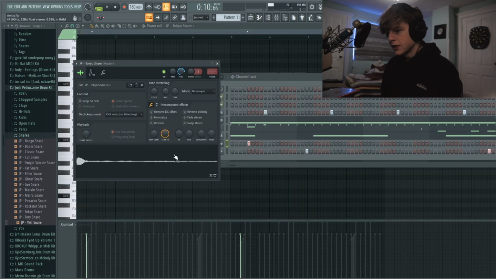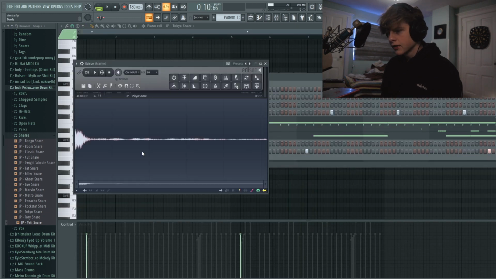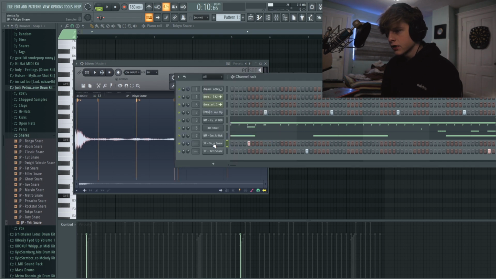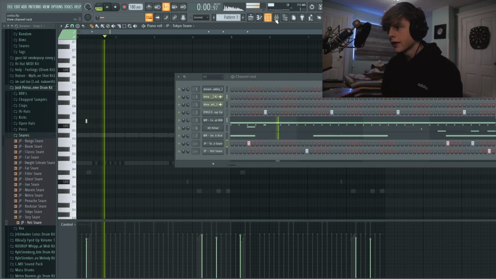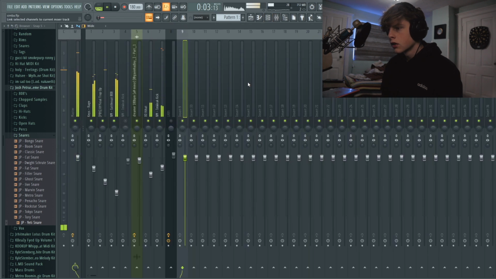Alright, so this has a little bit of pitchiness to it, so I'm going to go in here, check and see what the note actually is. It's an F for the most part, so we're going to tune this sound to F and treat it almost like a one shot, but not really. We're just going to use it at only one spot. Okay, so I think what I'm going to do is pitch it up like this, and then go in here and